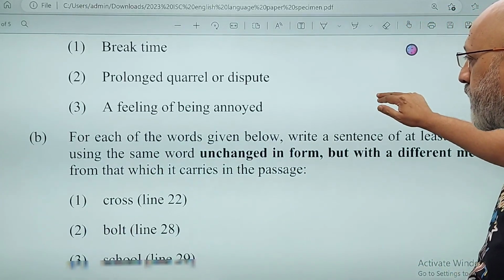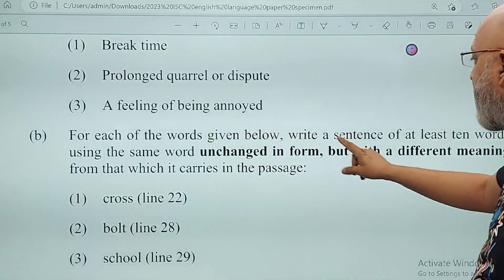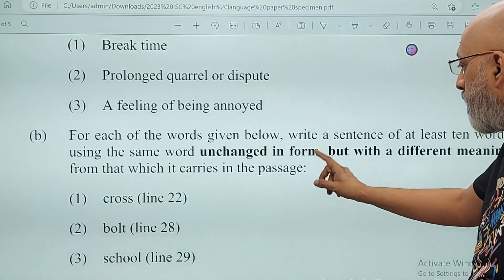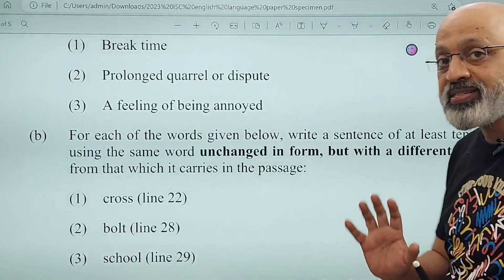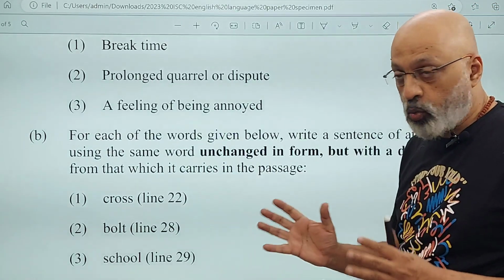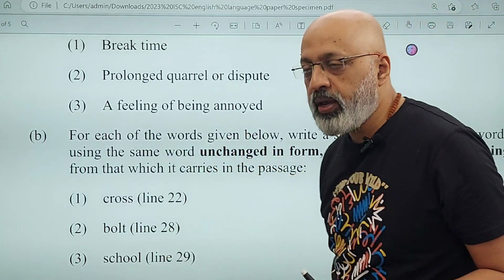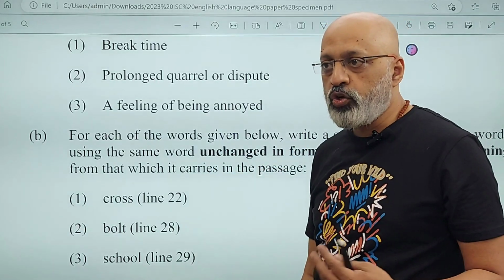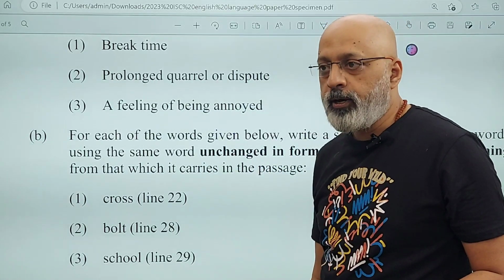Let's see the instructions, which are: for each of the words given below, write a sentence of at least 10 words using the same word unchanged in form, right? But with a different meaning. So it means that you cannot even change the way it is structured. So with cross, you can talk about the cross of Jesus Christ, right? So you could write something like,